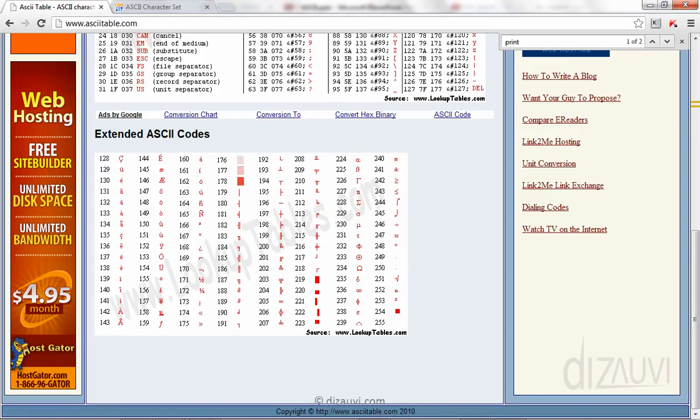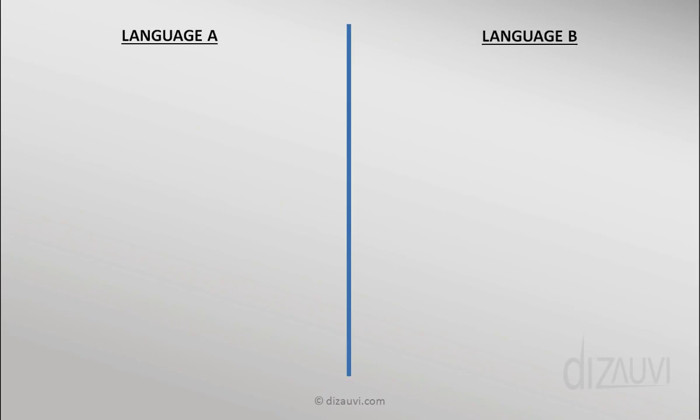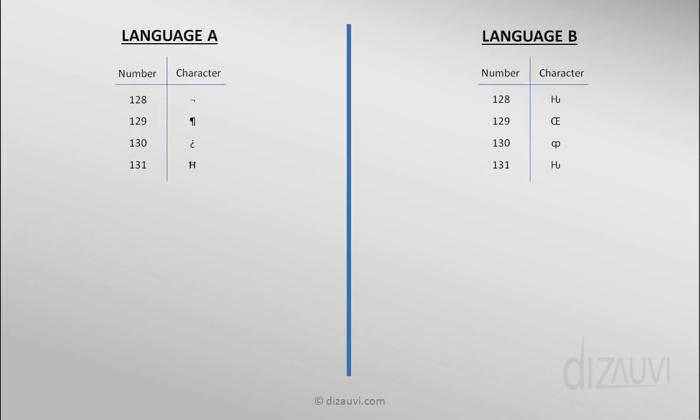Now this part is called the extended ASCII and it's really not a standard, okay? The basic ASCII character set was the standard which all computers in the world, English speaking or otherwise, had to follow. Meanwhile, the computer reached the other parts of the world. So seeing the free 8th bit, many countries or people using different languages extended the character set to suit their language. And that was chaotic. For example, people using language A and language B defined their own character sets. Okay. Now here I have used some random characters, some of which are Latin. So don't worry about those details.